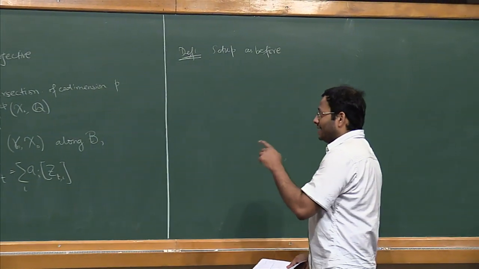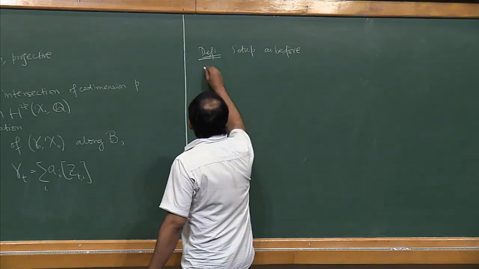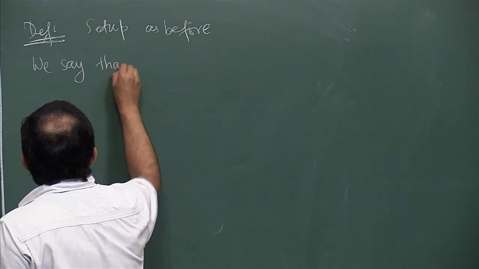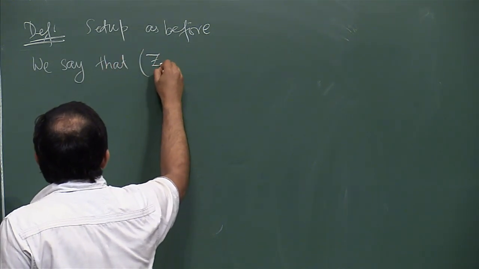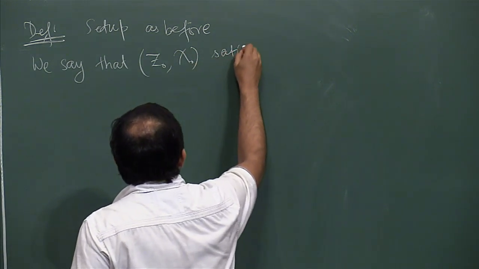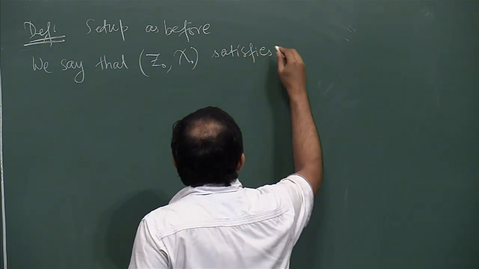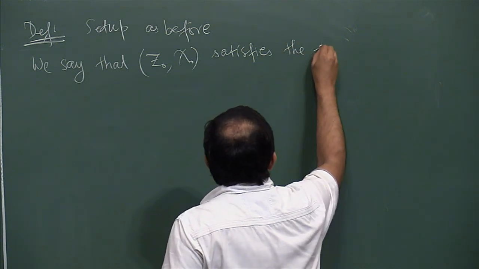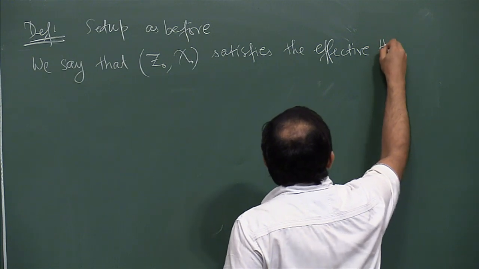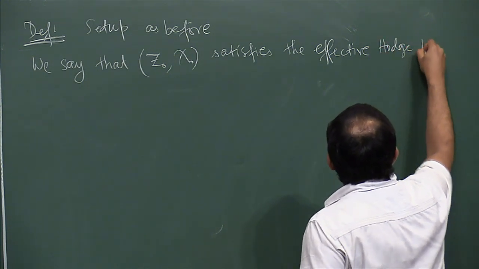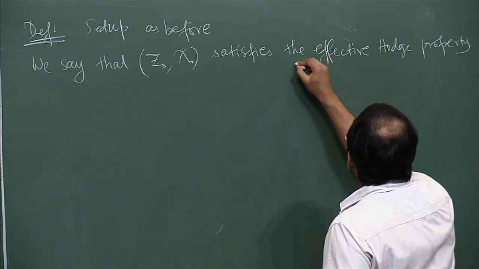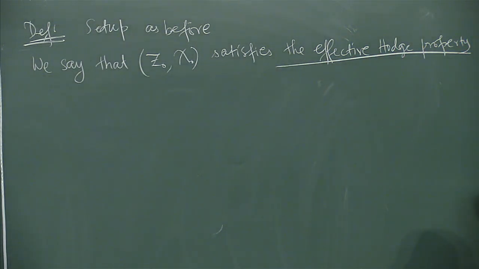Now, we say that the pair satisfies the effective Hodge property if,